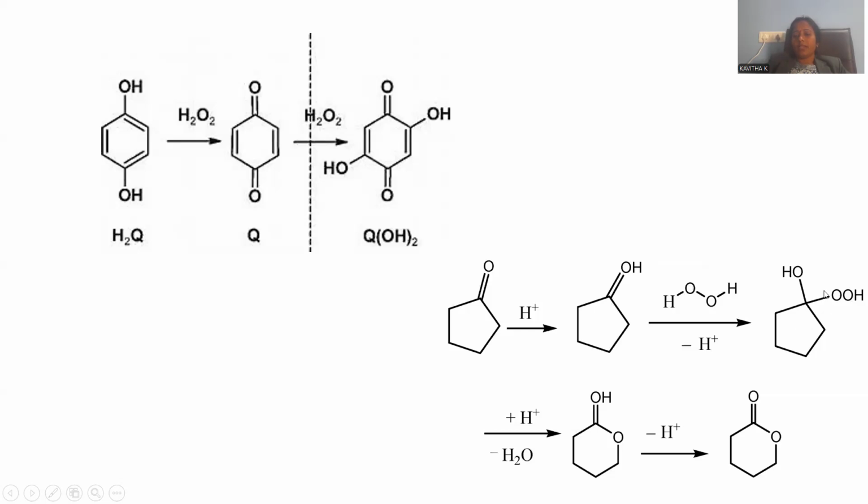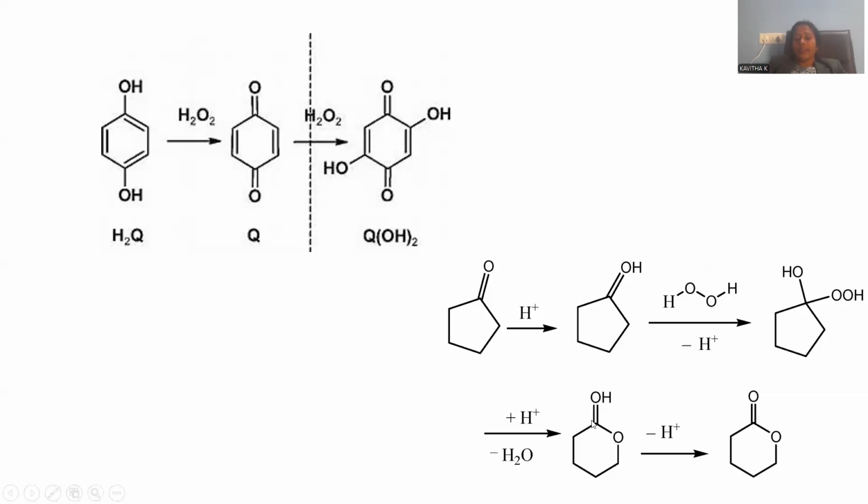But we know that the peroxy bond is not that stable, so it is supposed to remove a water molecule upon reacting with H plus. Whenever one more H plus is added, it is able to remove this water molecule from the terminal center, so that the oxygen present is able to be absorbed inside the ring. So there is an insertion of oxygen inside the ring system, so that ring enlargement is possible. This is called expansion of the ring.